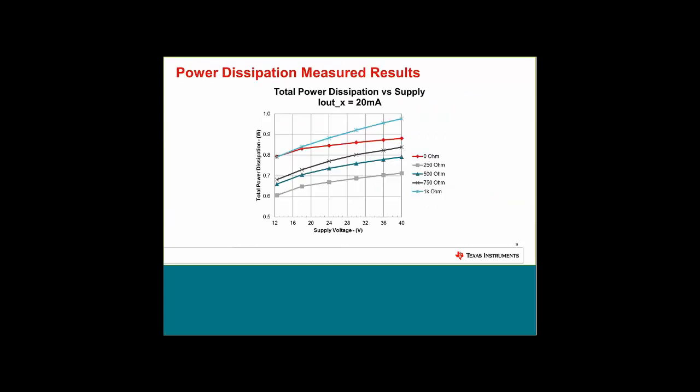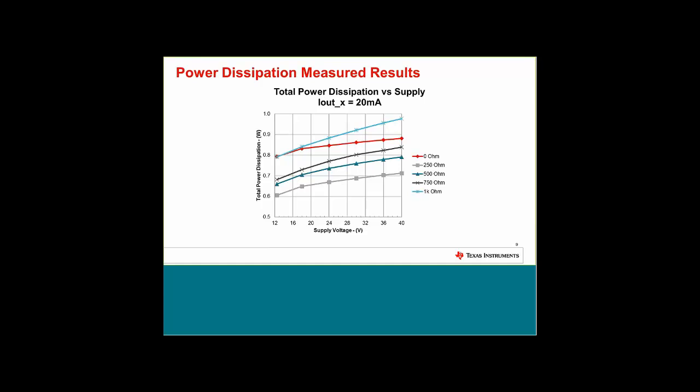So the primary goal that we wanted to hit was this power dissipation, and again, this is the cumulative effect of the DAC8775 along with the LM5166. Across 10 PC boards, what's plotted here is the worst case for each of these loading conditions. So the worst case ends up being this 1 kilo ohm load condition, followed very closely by the 0 ohm load condition. But you can see that for all cases, the design is below our targeted 1 watt power dissipation